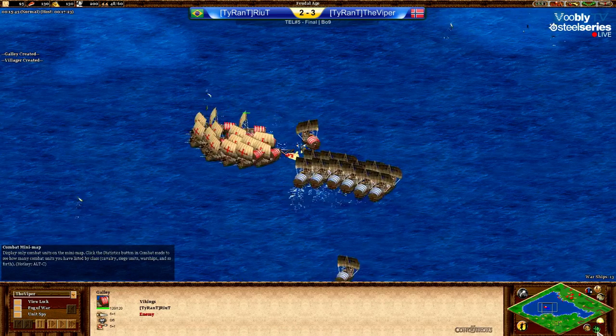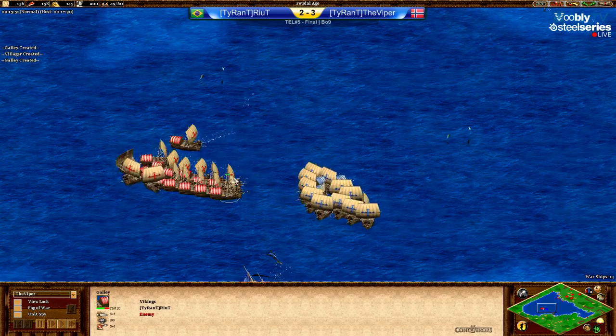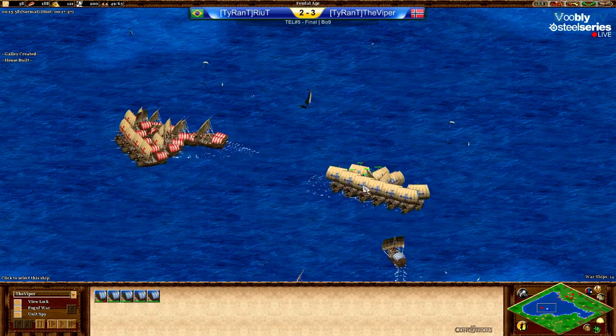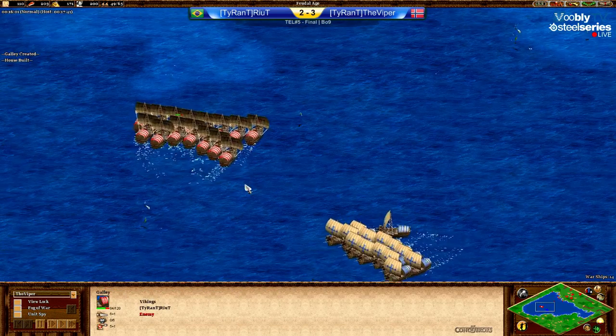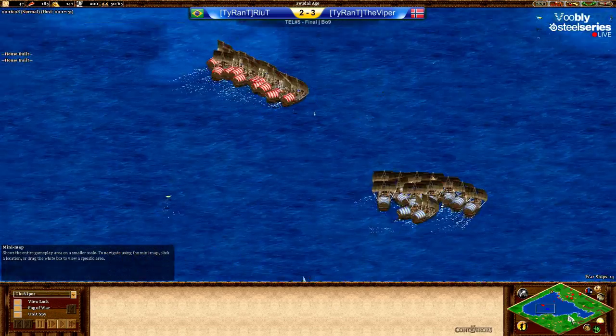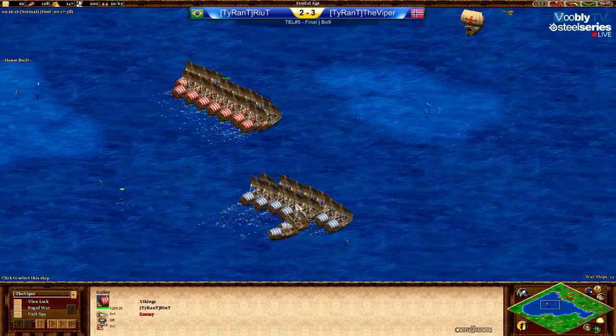Let's see, Viper on 13. Nice job by Viper, though, sniping out this one here on the top. And let's see if RiuT is able to do the same and kill one of the front galleys from Viper. Nope, not just yet. And he chooses to go back. RiuT is 3 galleys ahead at the moment, 17 to 14. 14 indeed. So he didn't win too much of...